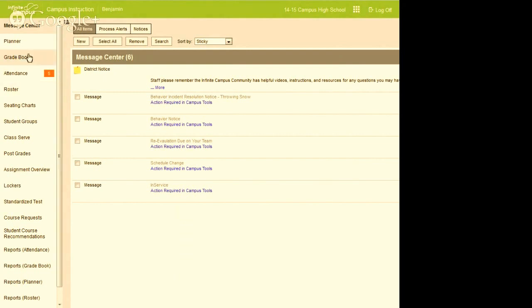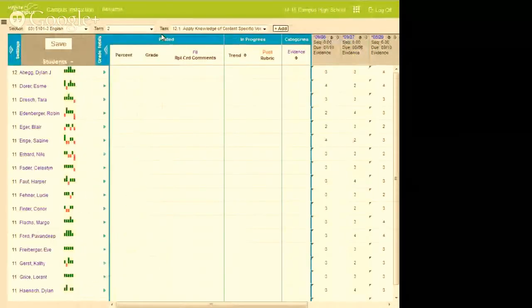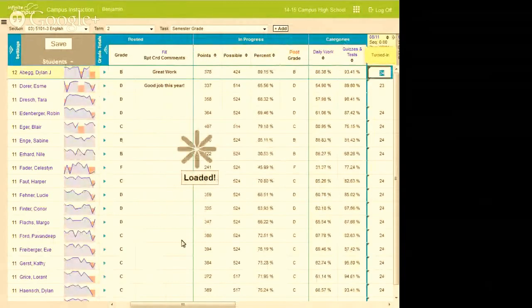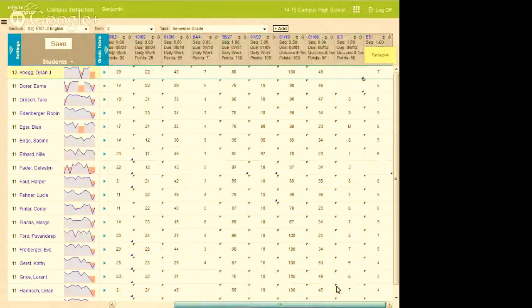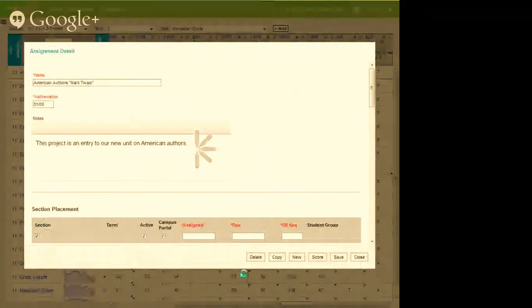Okay, so when I look in the grade book and I modify an assignment, just so you can see that side, because we saw what the Mark Twain assignment looks like from the student side. If I go and I take a look at that Mark Twain assignment, which is right one of these. There it is. Open it up. Here's what a teacher sees when they create an assignment.